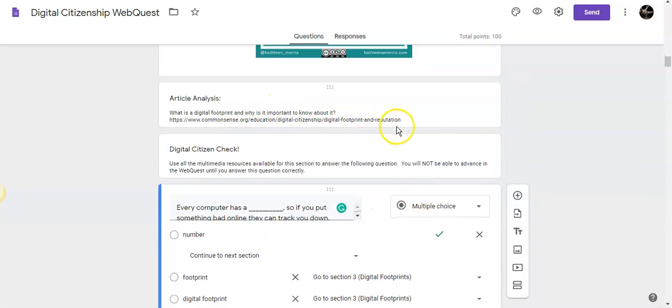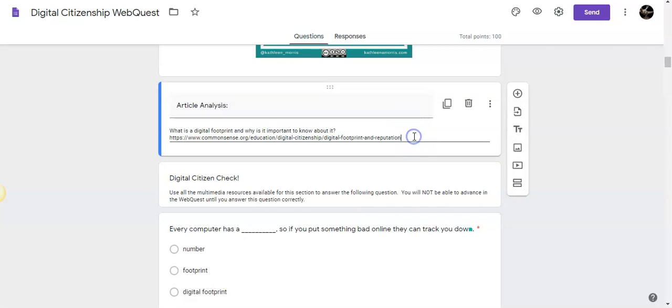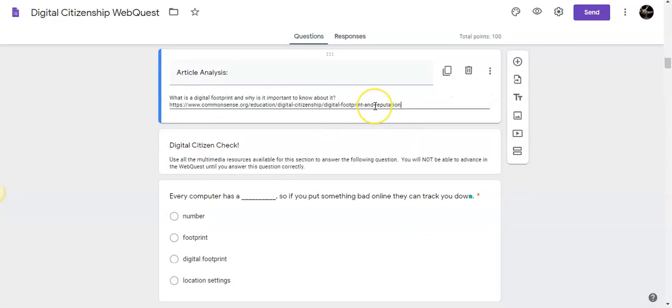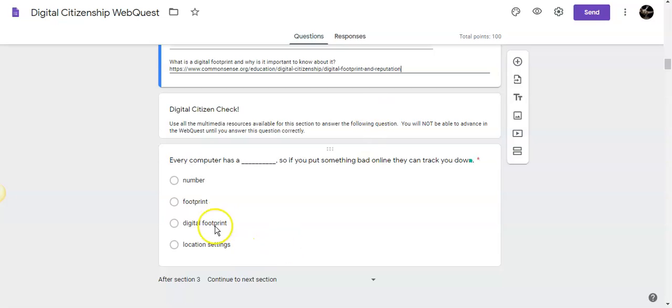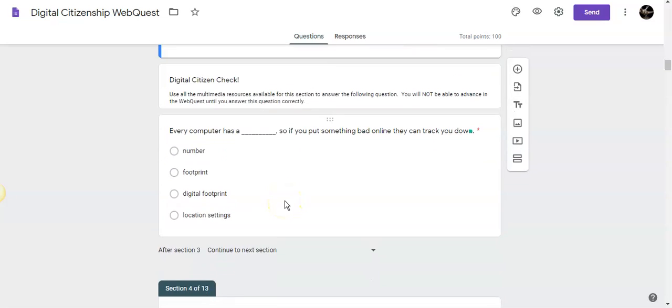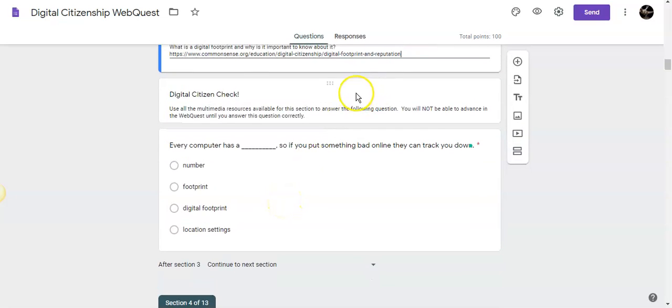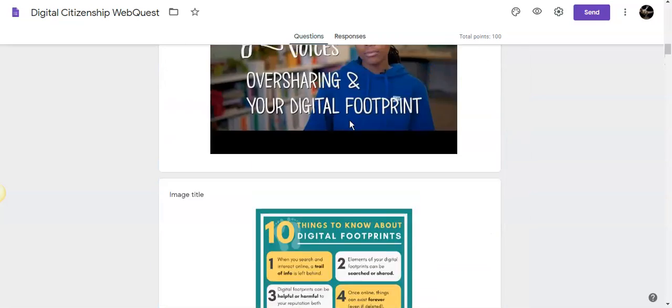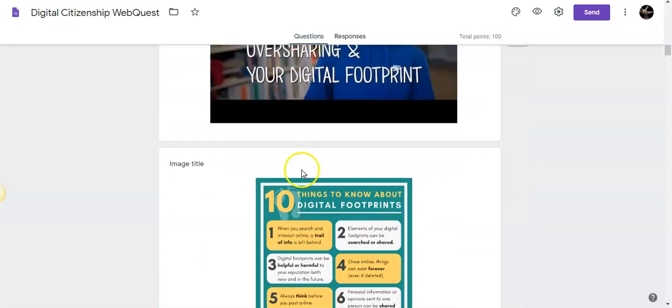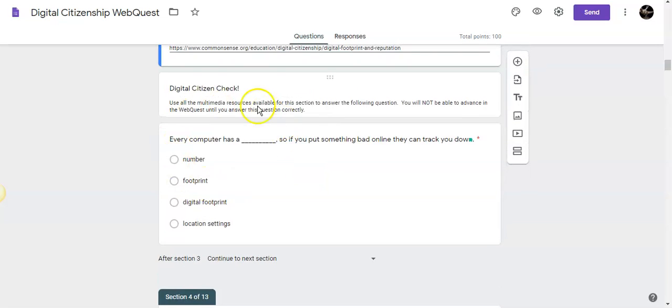I added text where you can insert links to other resources, and these links are live for students. When they see the Google form, they'll be able to click right on that link. And then here's something that I really wanted to show you, because this has helped me as a teacher so much. So I'll create a short little section about this particular concept, and at the end I'll ask them a